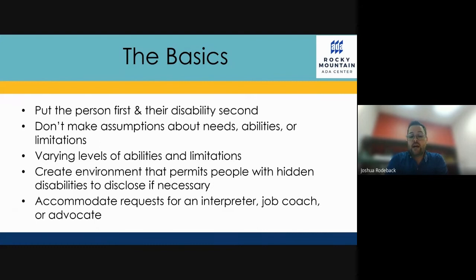Creating an environment that permits people with hidden disabilities to disclose if necessary. This is one of those areas that's key right now. Why? Because we're trying to open ourselves up to diversity and to disability. But the difficulty that we run into is people don't want to disclose. Why? Because of the stigma. They're afraid that if they disclose, they may lose their job. People will treat them differently. We don't want that. We want to be able to meet a person's needs so that they are successful in